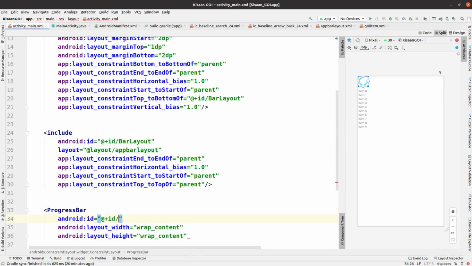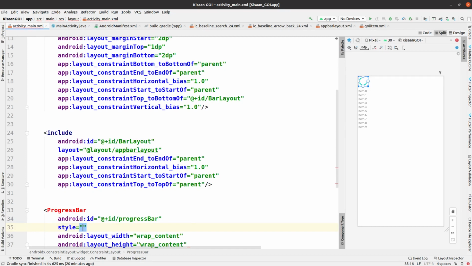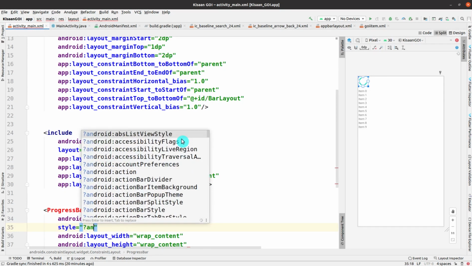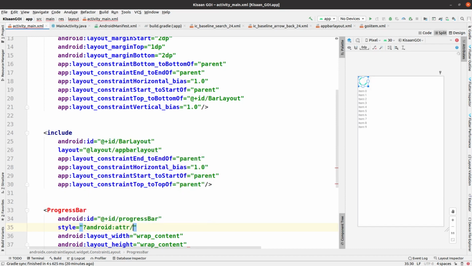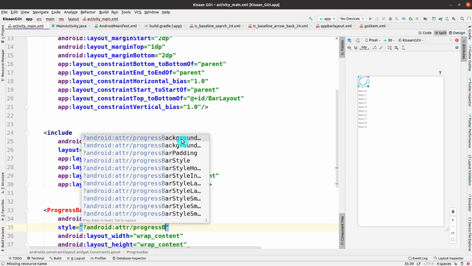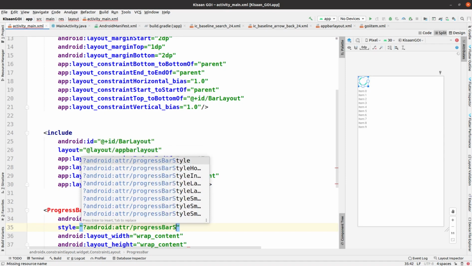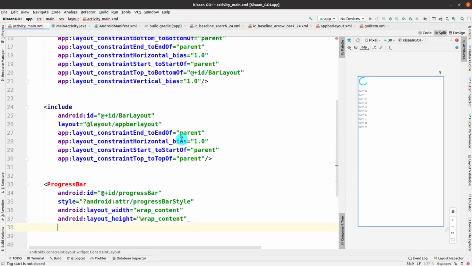Afterwards we have to add a progress bar. The progress bar is needed as we are fetching the data from our API. To get the data, it must take some time to fetch and show up on your screen. So that's why we are adding the progress bar, which will show you that it is fetching, please wait. We are going to add some properties for it, and I have given the ID for this progress bar, with B capital, and afterwards I'm giving the style for this progress bar.